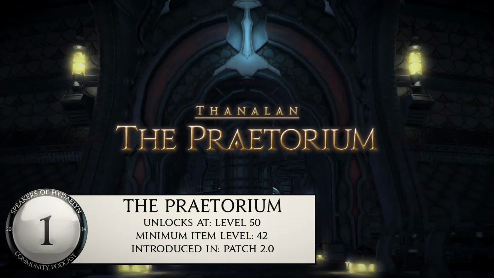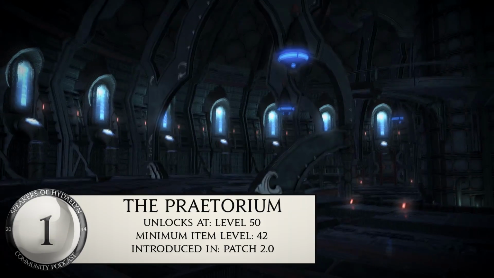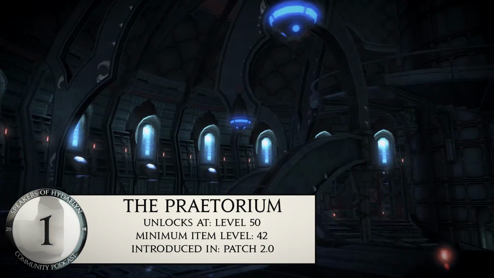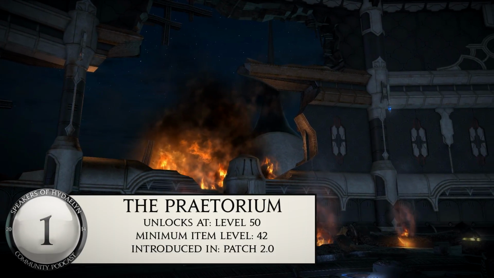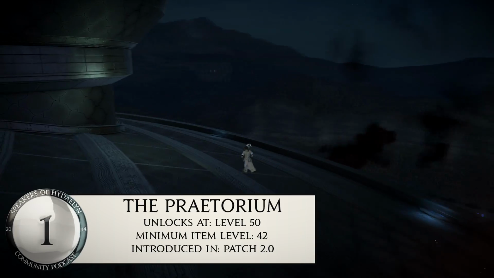Number 1. The Praetorium. The Jewel of A Realm Reborn. A solid main scenario dungeon that is both exciting the first time as it is the 10th time you run it. This is where the main scenario of 2.0 reaches its climax, and you are right there in the middle of it all. The theme is an adrenaline generator, the bosses are all exciting and rewarding, and the final boss